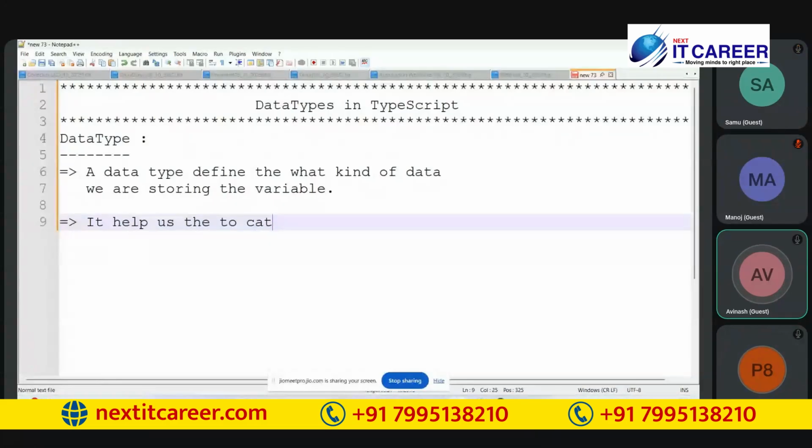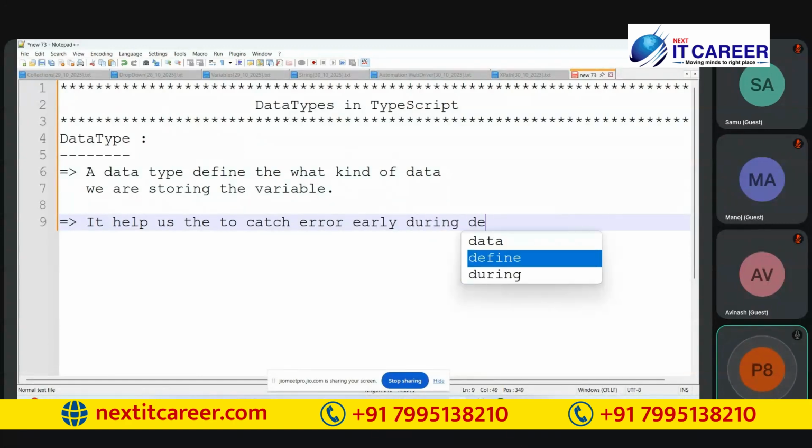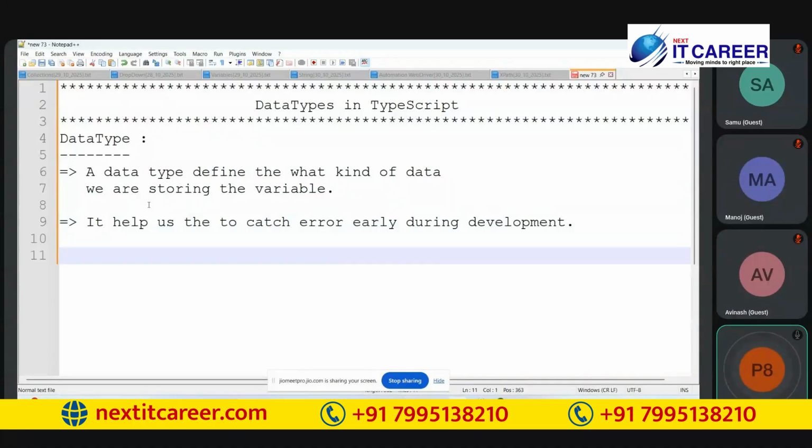So a data type is a specifier: it specifies what kind of data we are storing in a variable, and it helps us to catch errors during the development of the code. Is it clear?